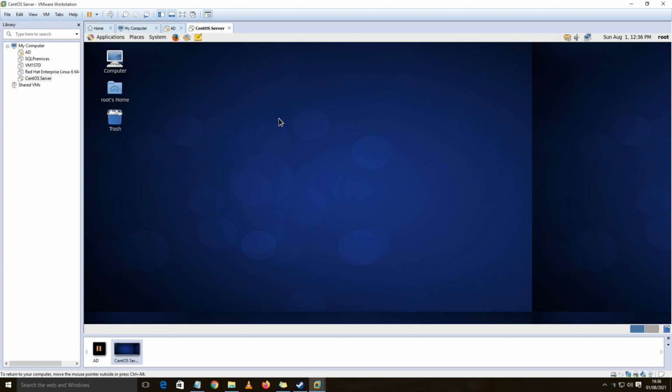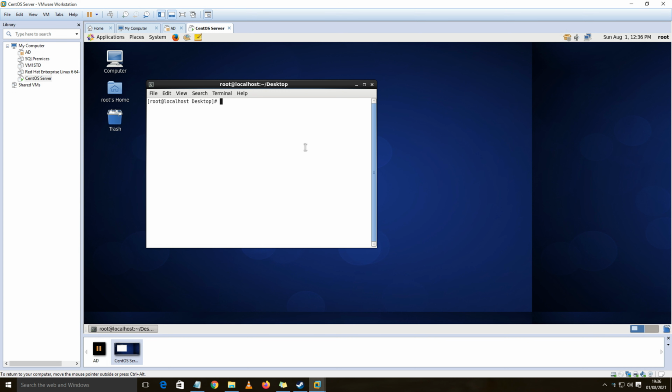For this, I'm going to open a terminal. So right click on the desktop, open in terminal. So the terminal is open. We are going to manage jobs over here. Currently there is no job running on my Linux operating system, so I will create a process that will indicate that my job is running.